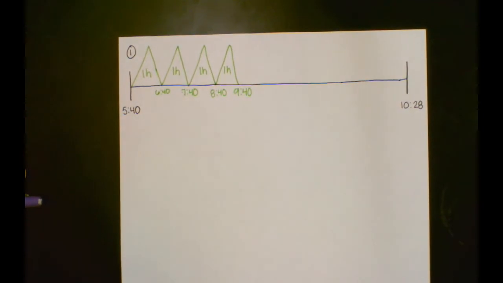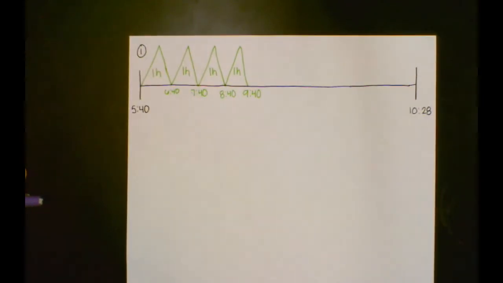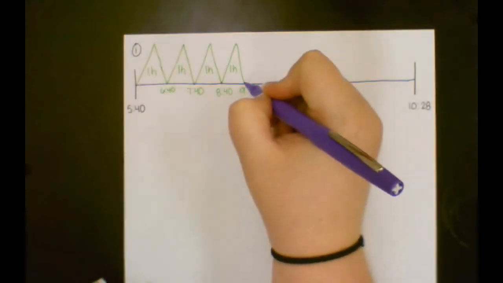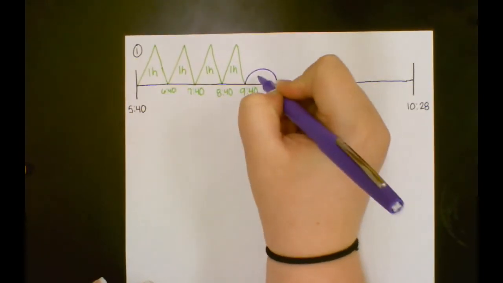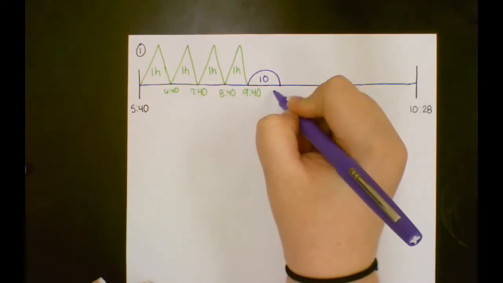Can you do another mountain? They'll say no, because another hour would be 10:40, and we'll pass our end time. So that is when we move into our hills. Our hills are increments of 10 minutes. So we automatically jump 10 minutes, which would make this